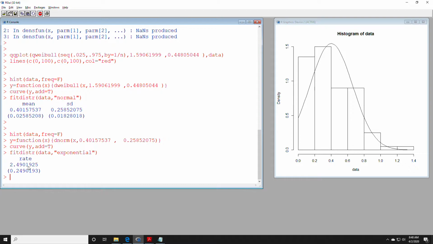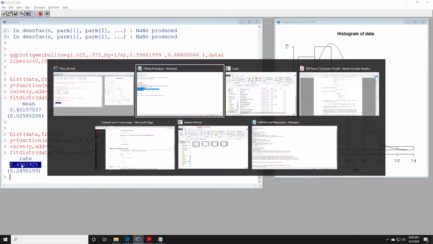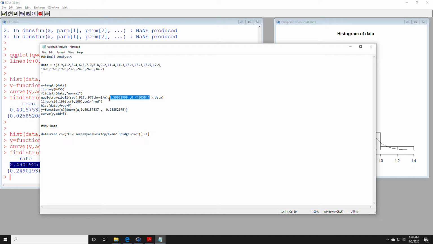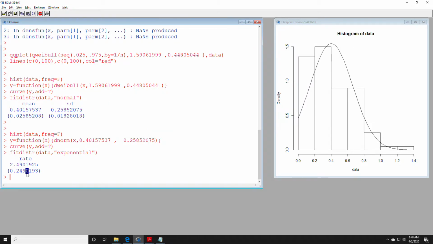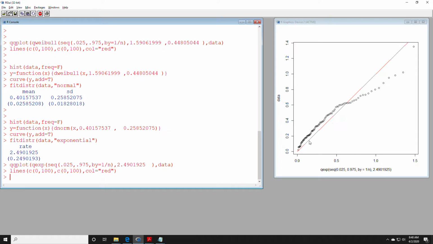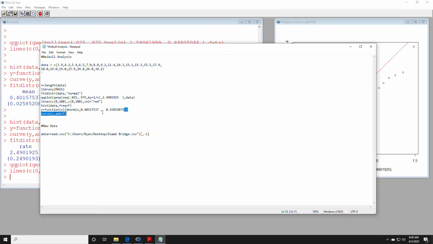exponential. Okay, single parameter. Don't forget. See what this QQ plot looks like. Clearly inferior to the Weibull distribution, right? The points are much further away from the line, and we still have that pattern of they're kind of all on one side or the other for long periods of time, but they stray much further away from the line. Okay, so this is clearly worse, but I guess just to